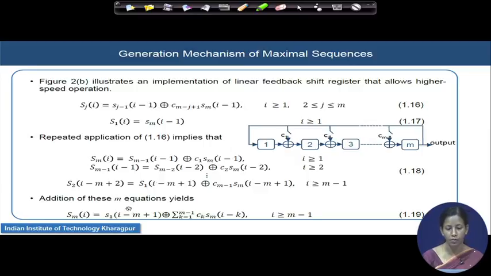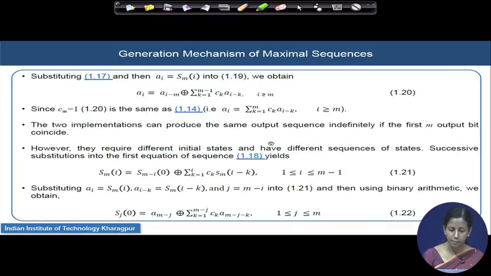Remember that if we change the structure like this, bringing all the modulo 2 operators in between the stages and making the feedback path directly connected to the input, then at any stage S_j(i), I am getting the value of S_j(i) from the S_(j minus 1) stage value at i minus 1,